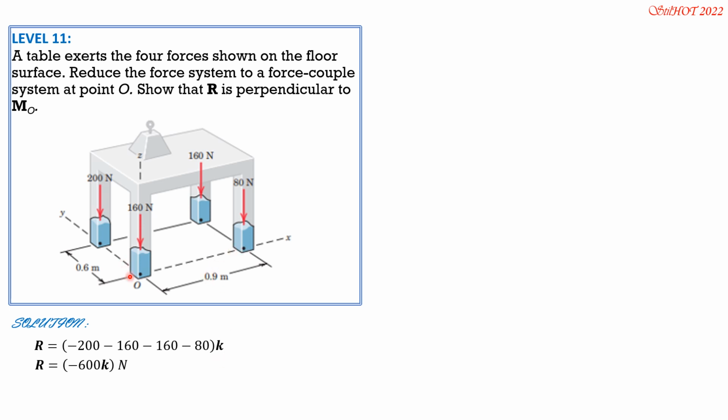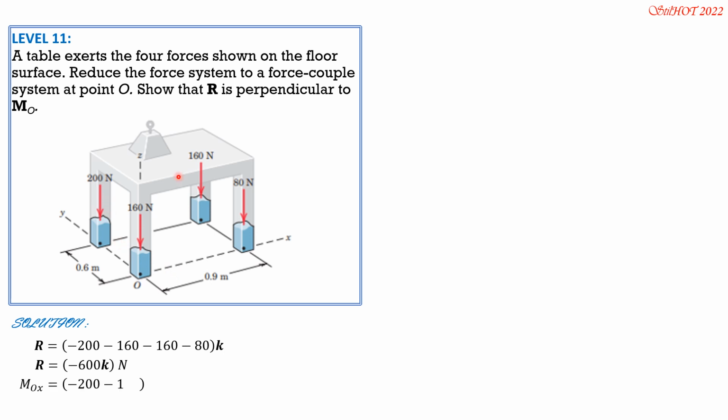For the moment about O, we have to evaluate MOX by the right thumb rule, scalar approach. So your right thumb is here. The curling of your forefingers would be in this sense, positive moment. Therefore, because 200 and 160 produce moment which is opposite to the positive sense, they are negative. Negative of